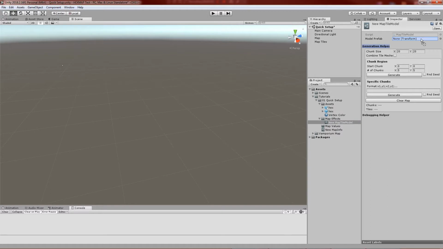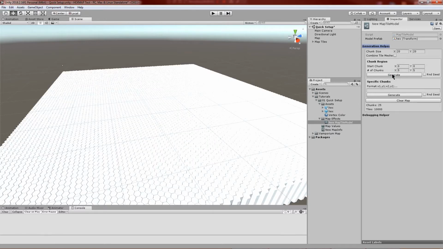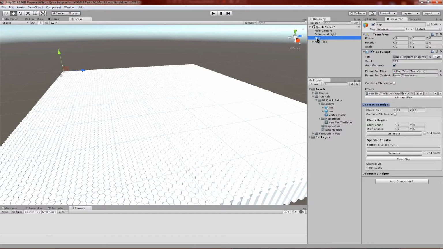For the sake of speed, I've already prepared a prefab with a hex model. To keep checking it out with this little helper here, just quickly set it up like so and hit generate. However, if we preview our map in this stage, it's not too impressive, so I'll add another effect that will